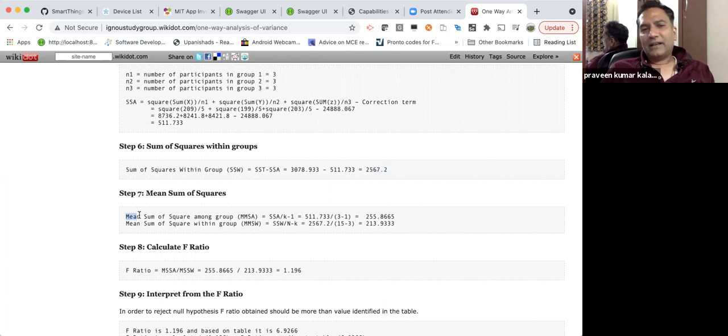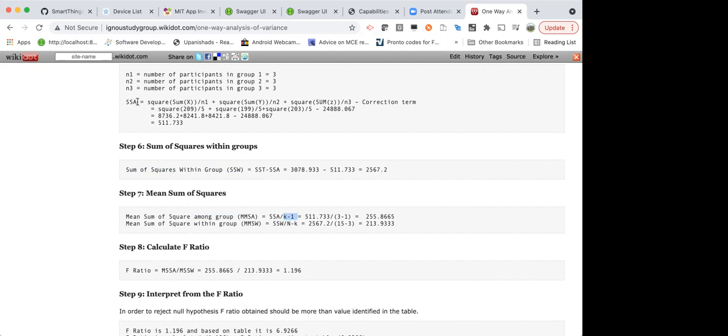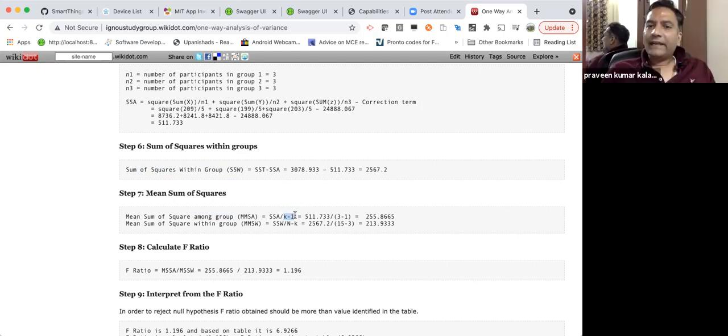Okay, so now what you are actually doing next? So if you see, right, when I talked about variance, it is not just about summing the squares. It is also about dividing with the number. For example, if you remember, we have something like square divided by n minus 1, right? So if I have to do among the groups, how many groups that I have? 3 groups, right? So whatever the sum of squares among groups that I have, I divide it by number of groups minus 1, that is k minus 1, which is 3 minus 1, which I got as the variance of it.